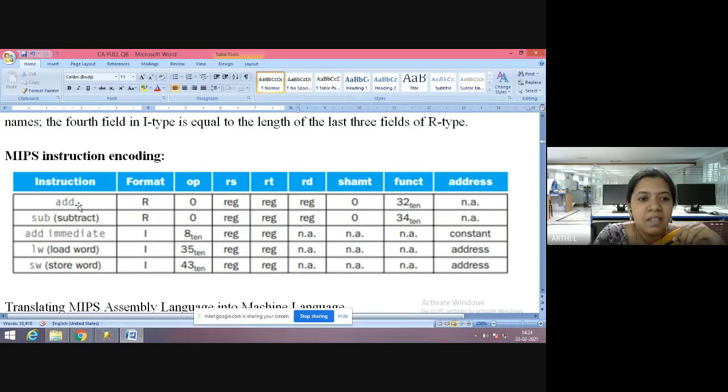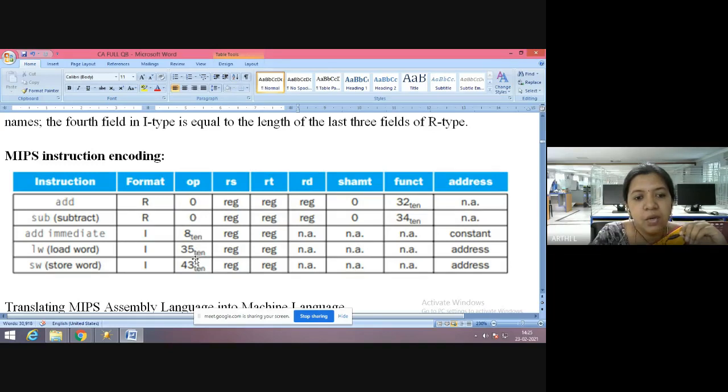So add is an ALU instruction, an arithmetic logical instruction. Similarly, sub is an arithmetic logical instruction. Next, add immediate: you have an immediate word, you have a constant, so that is an I type instruction. Format is I here. Load word means I type instruction. SW, store word, means I type instruction.